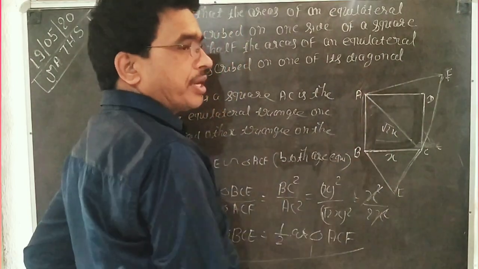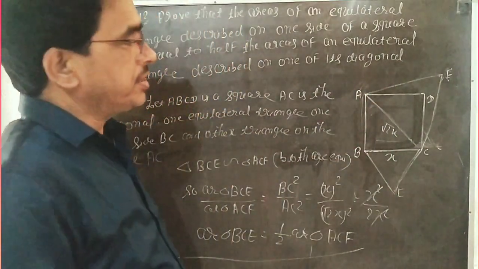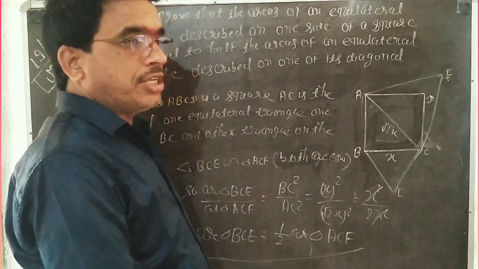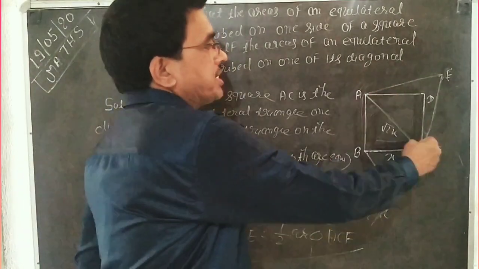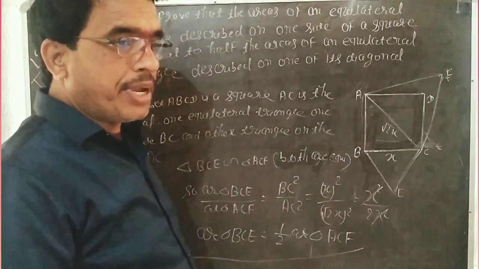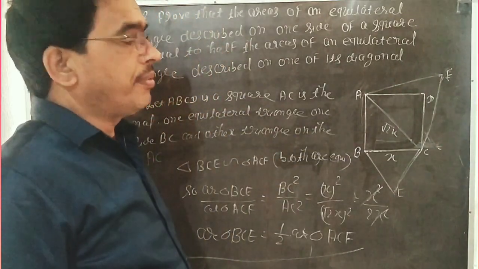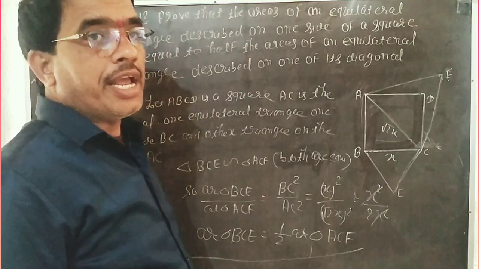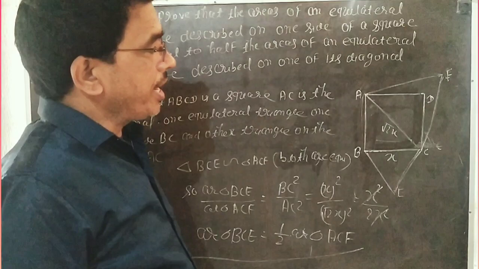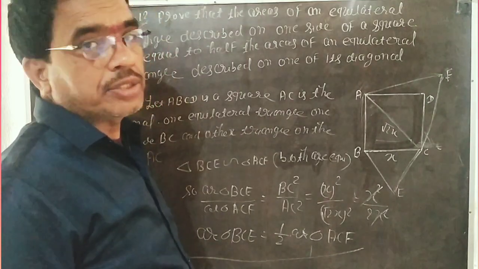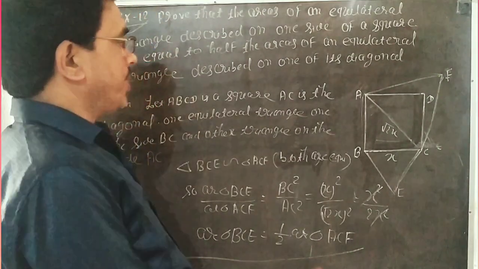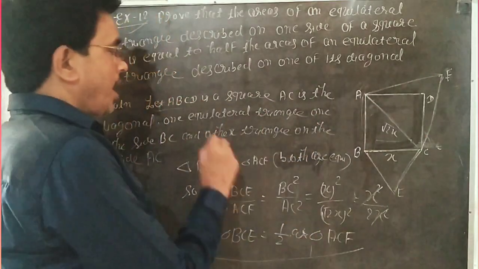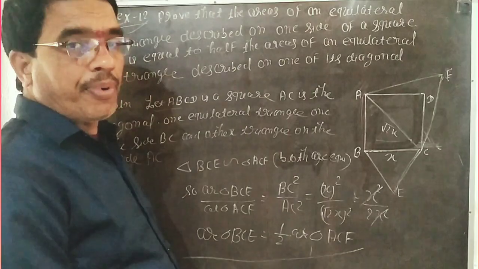But both are equilateral triangles. And your question is: the area of BCE on the side is equal to half the area of ACF on the diagonal. That means the area of the triangle on the side is half the area of the triangle on the diagonal of the square. So dear students, first you write ABCD is a square, AC the diagonal, and two equilateral triangles are formed on